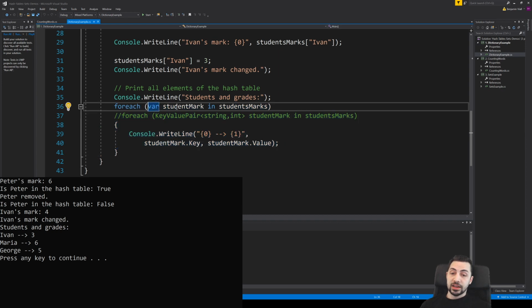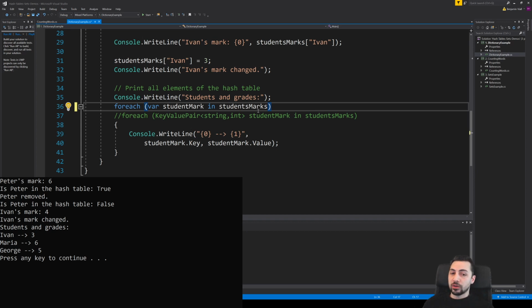So technically, this student mark, the IntelliSense is smart enough to show us that it is actually a key value pair of a string and an int. However, that's a little long in the tooth, so C#, being fairly intelligent, has a catch-all var keyword. Var just means whatever the data type is supposed to be. Infer from it what it's supposed to be. It's kind of like a void reference, but let's not go there.